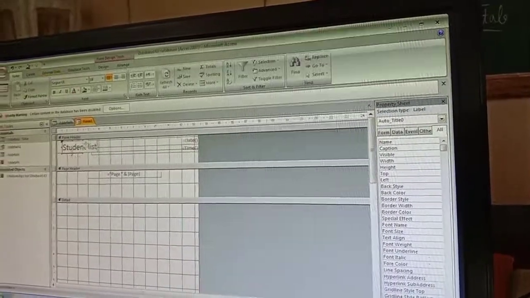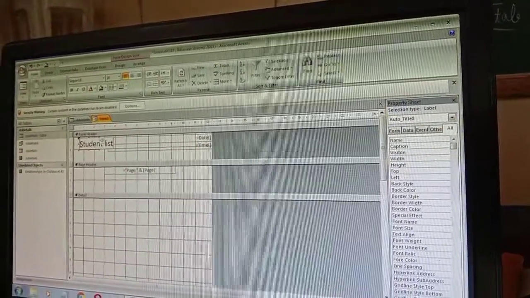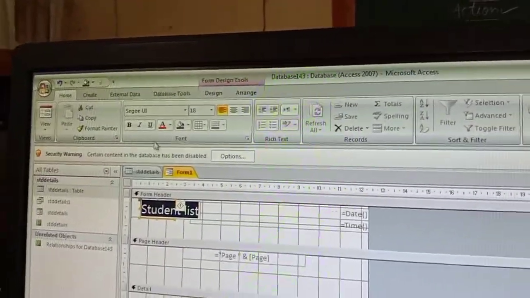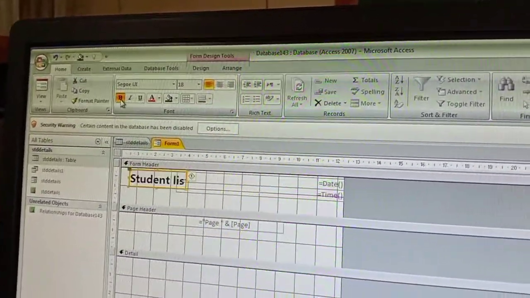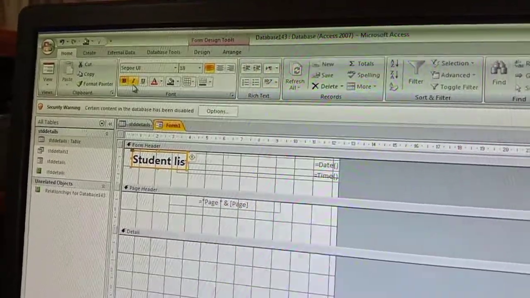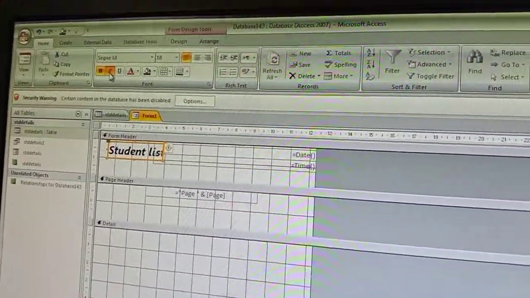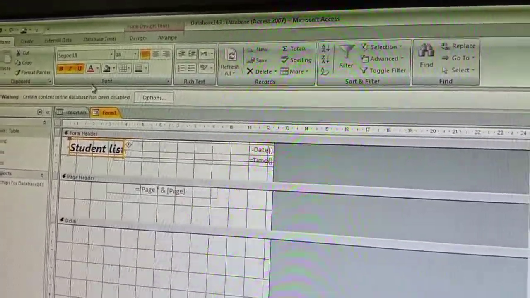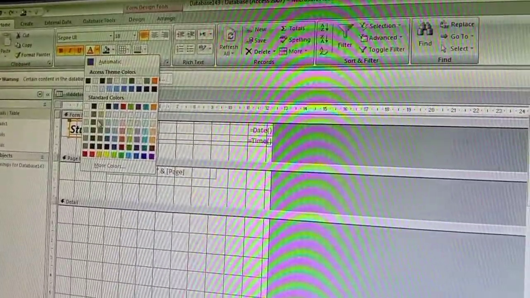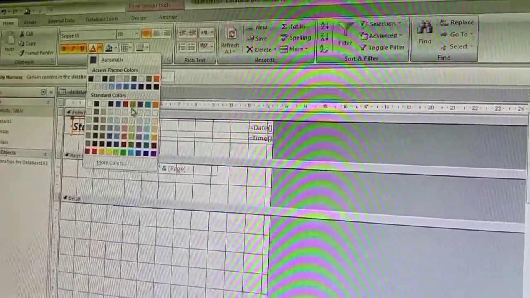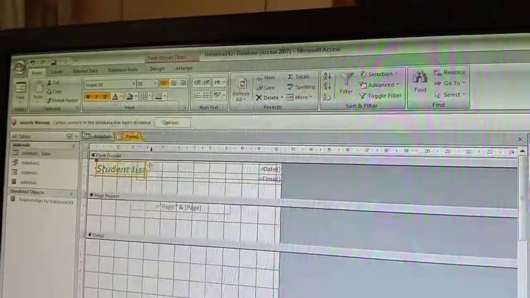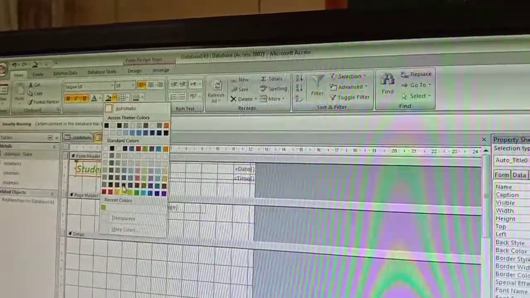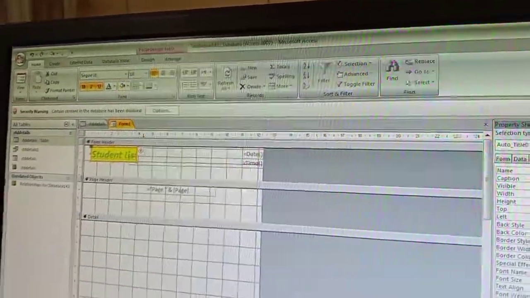Now you can go to the Home tab to do the formattings. You can select the particular contents that are there. You can use the bold option for making the text bold. You can use the italics option. This you have already learned in Word, Excel, PowerPoint. Underline option. You can even give a color to your font. Select the color. I am going to select the green color here. You can even give background color. See, yellow color has been selected here.